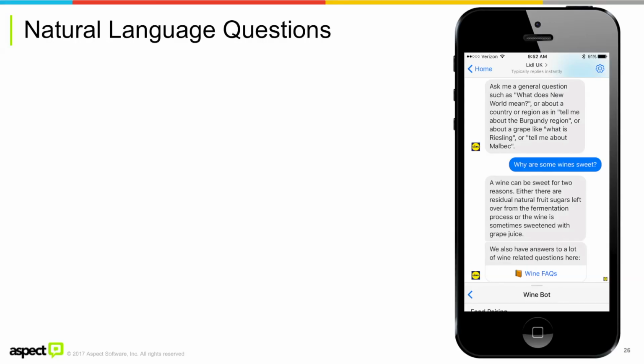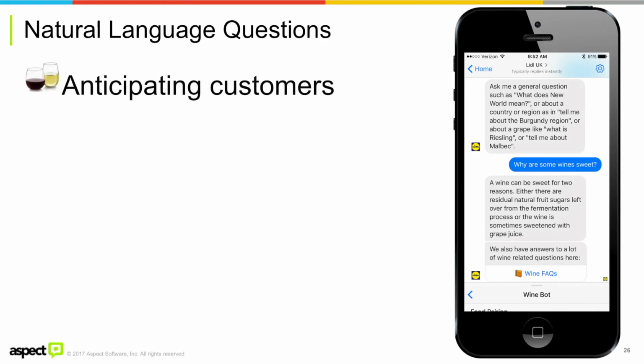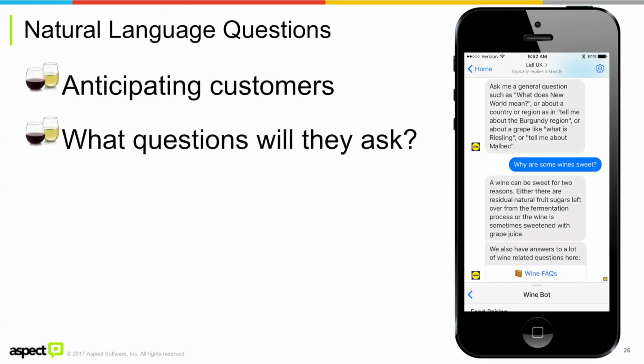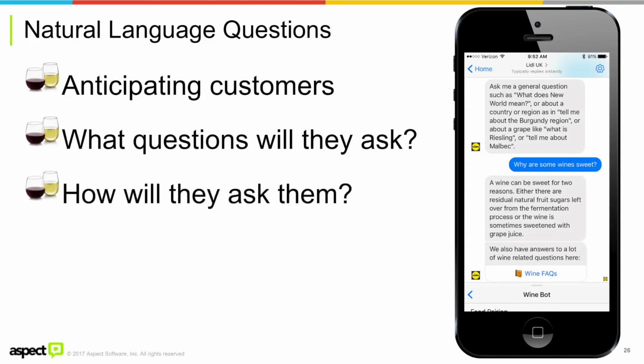And we worked a lot on her ability to answer these open-ended natural language questions, which is something you have to teach the AI. You can't just give it some data and say, be intelligent about how to answer these questions. You have to work at it. You have to think about, well, what are our customers going to actually ask? We always tell people start small when you're building out the answering. If you don't have data on what questions people typically ask, what you think is the frequently asked questions may not be the frequently asked questions. We also need to wonder how will they ask them.